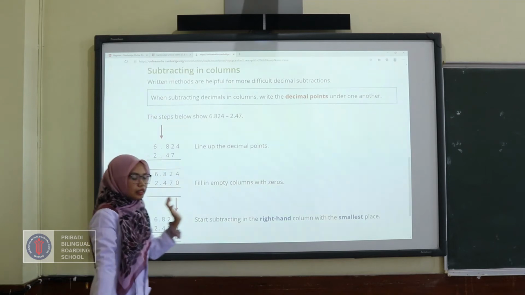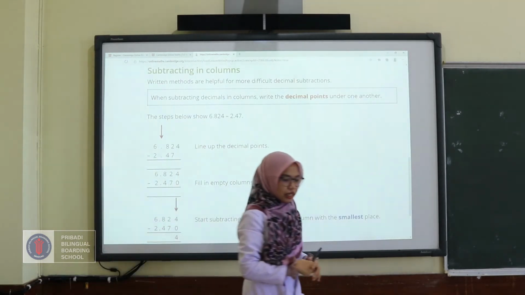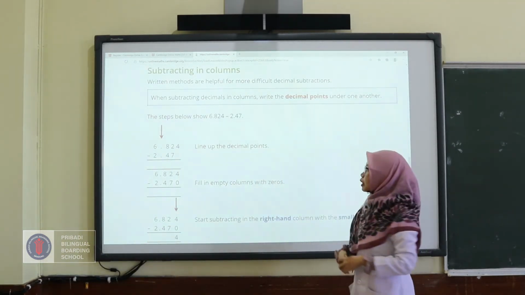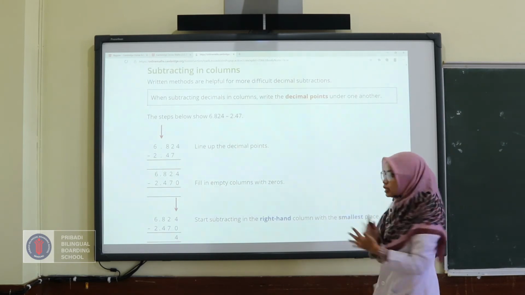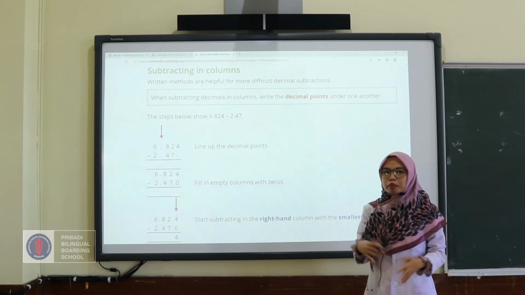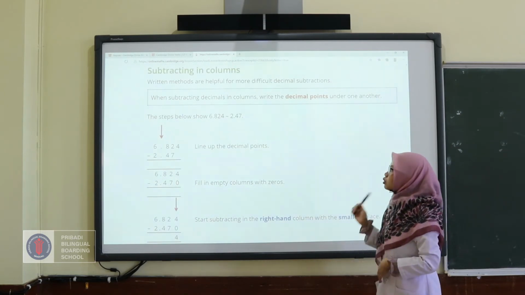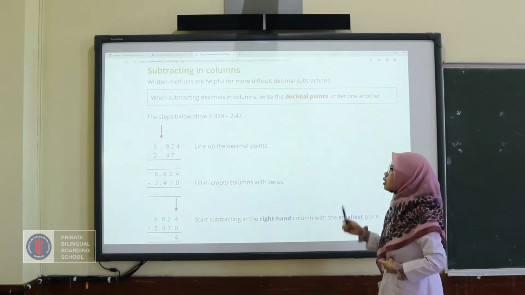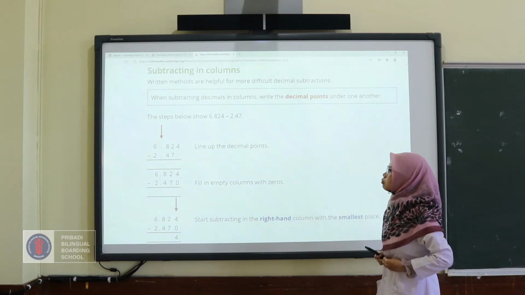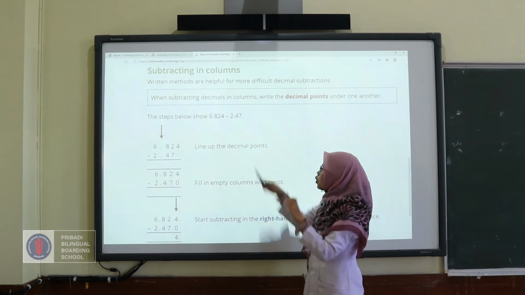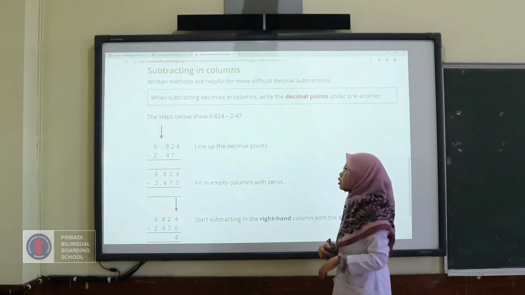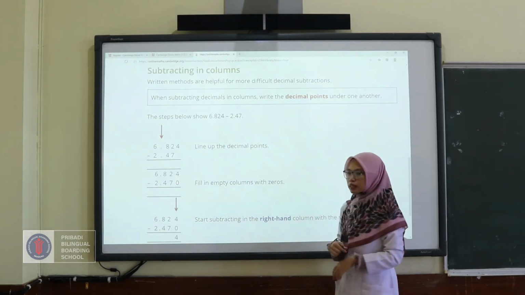In subtraction, it's like addition. The first thing you have to do is to make sure the decimal points are under one another, or in line. For example, we have 6.824 minus 2.47.